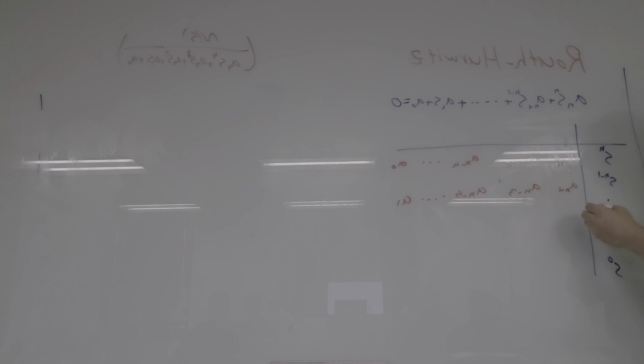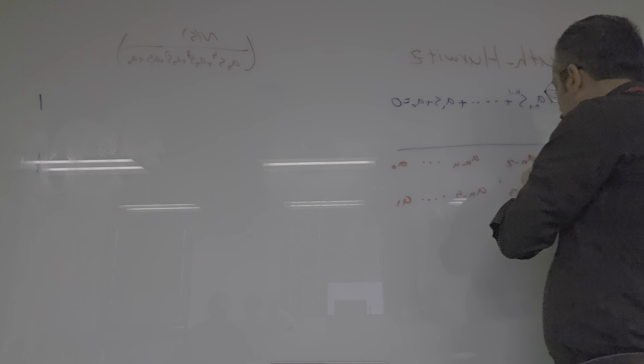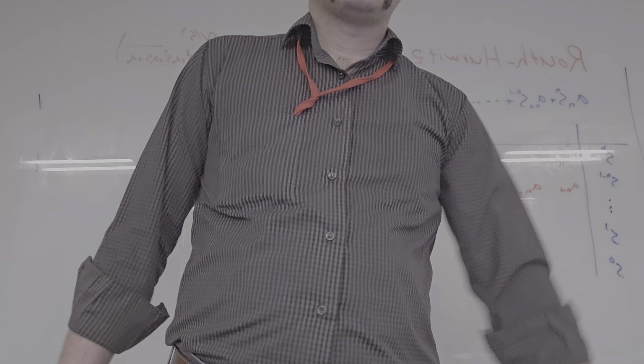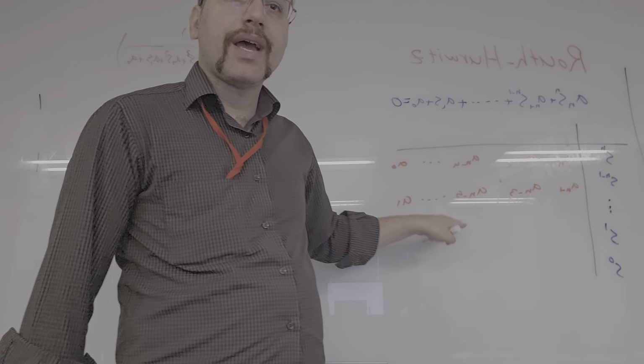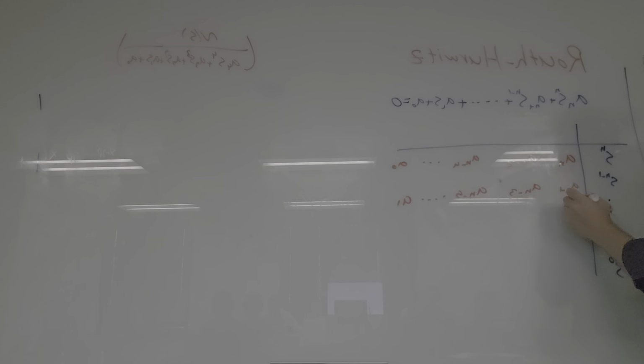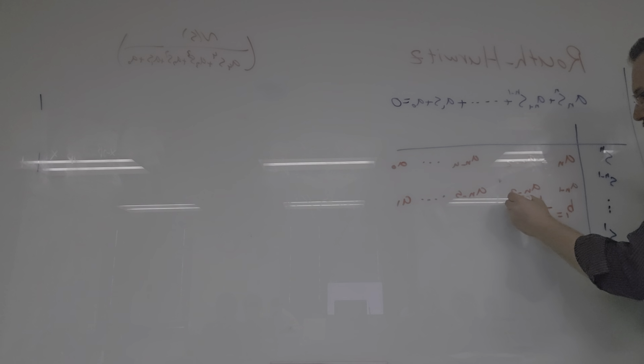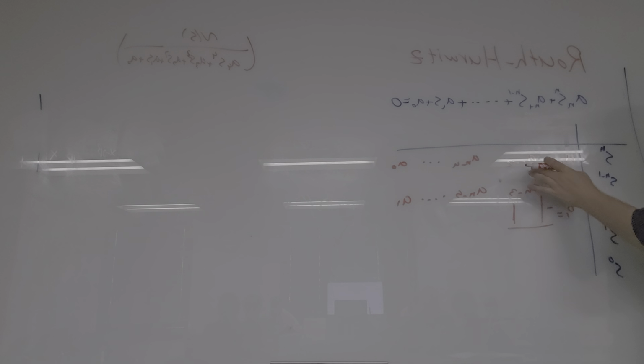Now, what is going to be the next row? We don't have any coefficient left out in our equation. So for the rest of the rows, we are going to use these terms in order to calculate the values. For example, for the third row, we call the first entry B1, and how to find it is going to be minus the determinant of the first two,